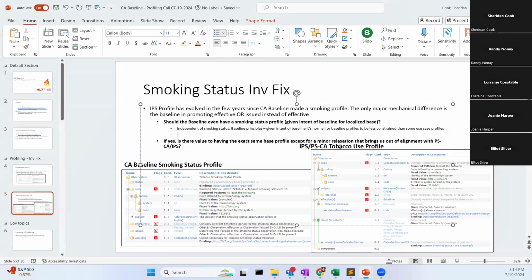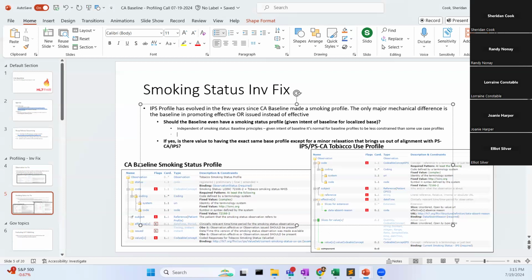Well, I have a little bit of trouble with the idea that they're intended to be rules that are more broad. Because if they were intended to be more broad, they shouldn't be in a specific use case implementation guide. I don't think that there's a universal realm profile for smoking status. No, but we have one. So if we want broad rules, that's one thing. But the rules in IPS are for IPS. I don't think that we should necessarily apply those as meaning a broader guidance than that.